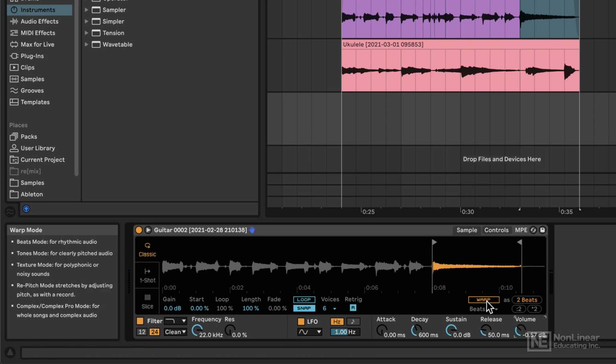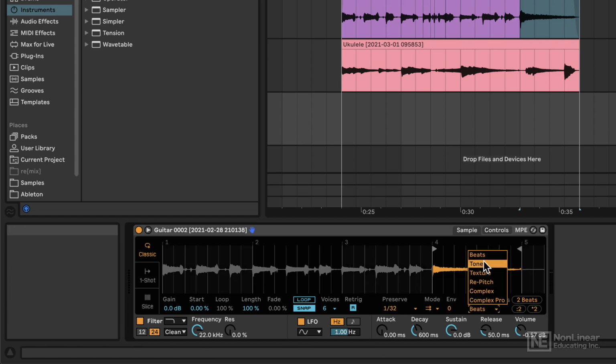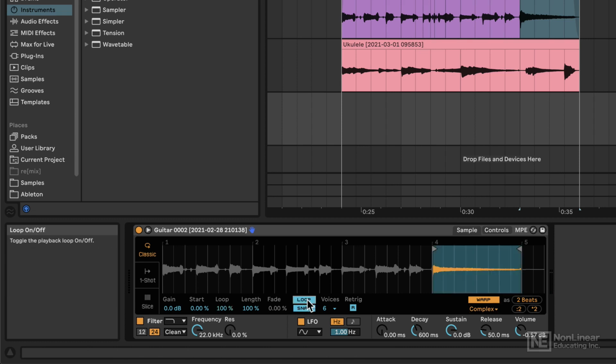But we can turn on warping as well. And we have all the different warp algorithms. Let's try complex. Pretty cool. We can engage looping. This entire segment will now loop. I can choose how much I want to loop by adjusting this parameter here. I can change the length, change the start position,